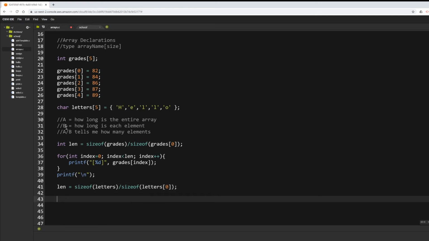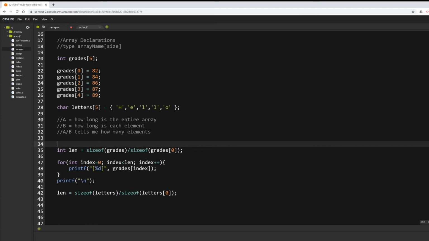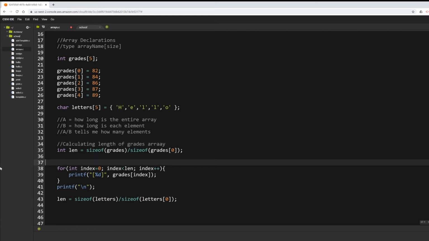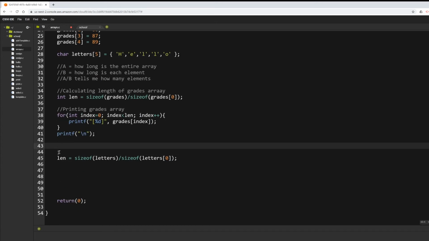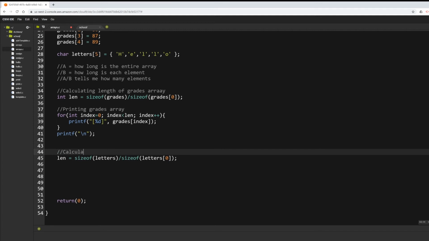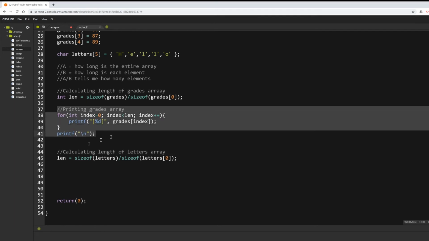And now let me just do some commenting here like I should. This is going to be calculating length of grades array. And this is printing grades array. Then we're going to give it some space and say calculating length of letters array. And then I'm going to steal this loop. Control C,